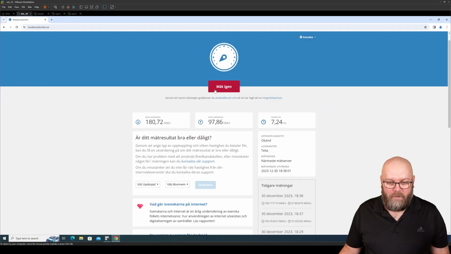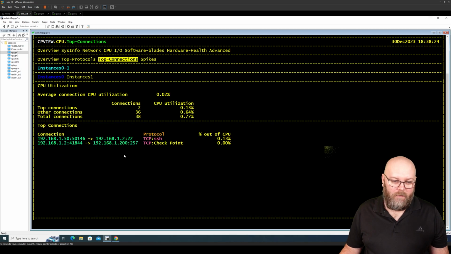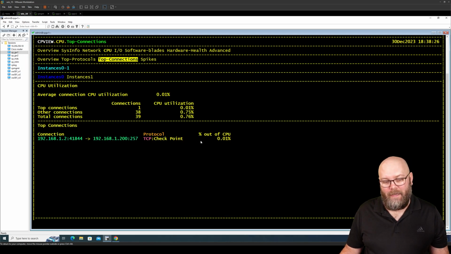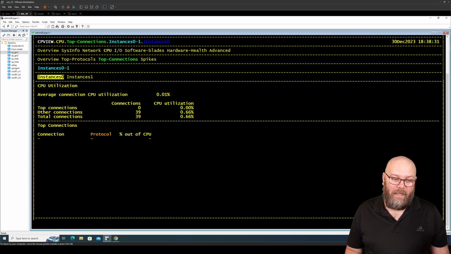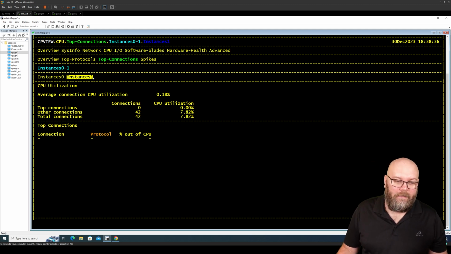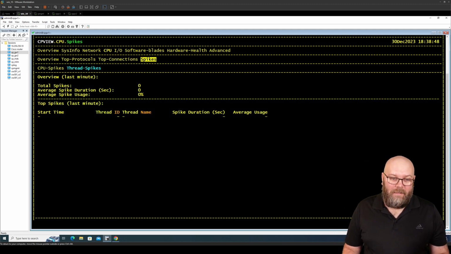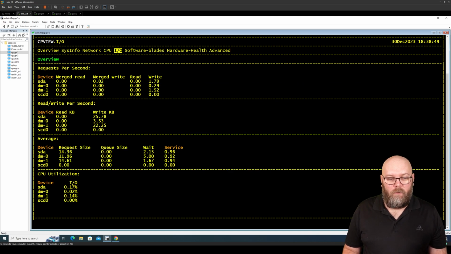So if we restart this again, we can see if this connection is using some of the CPU. It's quite nice, and you can check the specific instances. Here we see instance 1, we have more CPU utilization. Here we have 0. So you can check spikes, thread spikes,